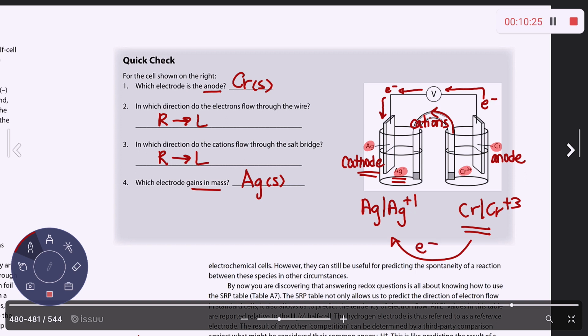Okay, and then you would just write it accordingly. If you were writing this as a half reaction, it's the silver ion plus the electrons going to the silver metal. And then you would reverse the half reaction of the other one. Okay. Thank you. So on the next page,